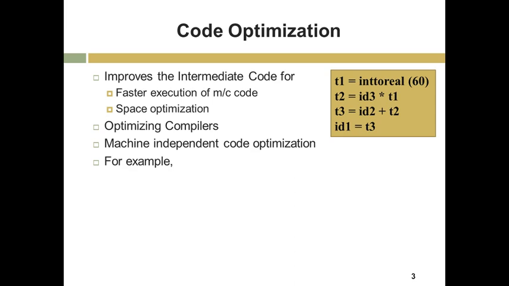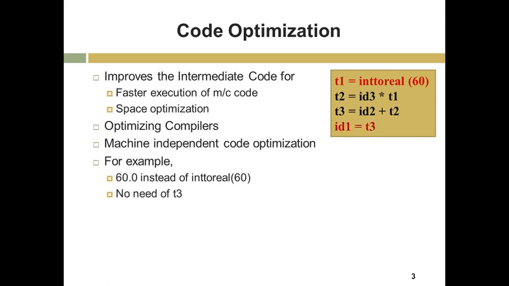code. For example, we have seen the output of the intermediate code generator for our example of book. Here, if we observe, integer to real is a function call, and a function call always takes more time for execution due to stack involvement, and hence this statement can be converted to the 60.0 constant value. So here we can remove the function call and 60 can be replaced by 60.0. The code optimization phase will take care of this.